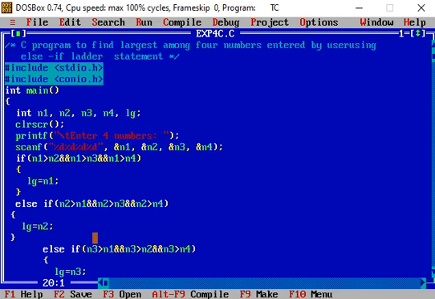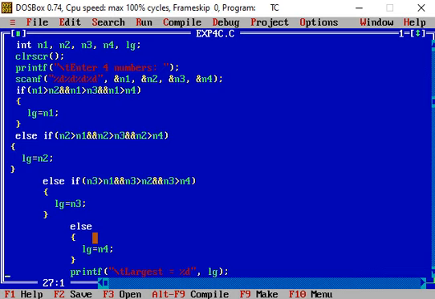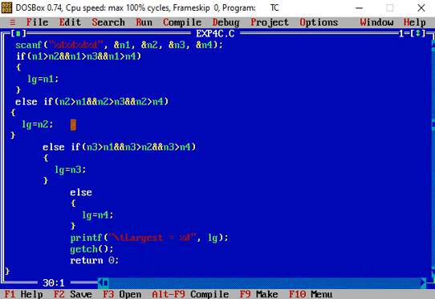Again, if this condition is not true, then else if n3 is greater than n1 and n3 is greater than n2 and greater than n4. If this condition is true, we print largest equal to n3.